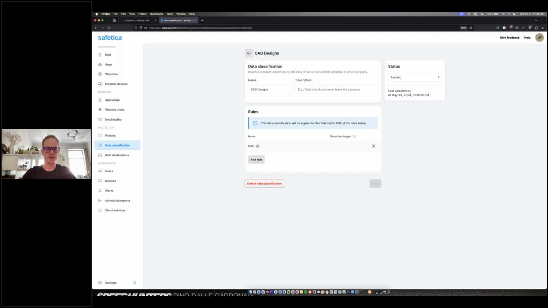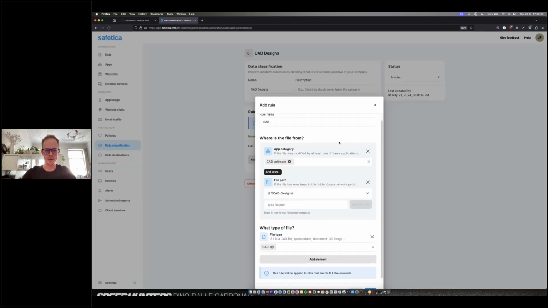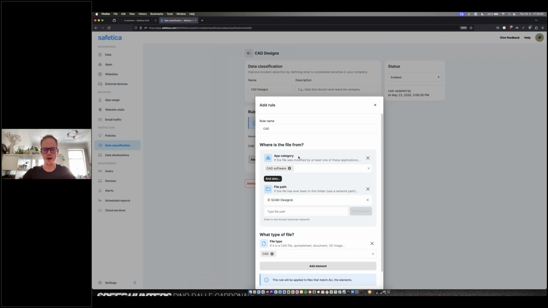Now, if I open this, which I'd already done a bit earlier, we can choose from a few different options here. I'll show you in a less busy environment after I go through this, but we can choose the application category that the application came from, or it could be the application specifically that it came out of. In this instance, I just chose CAD software as a group, but for example, you could also choose SolidWorks or something like that specifically.